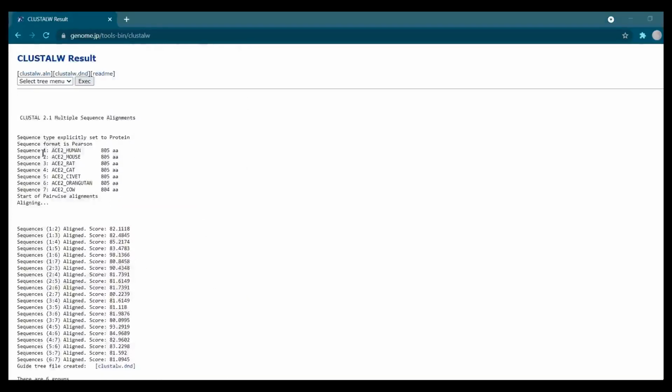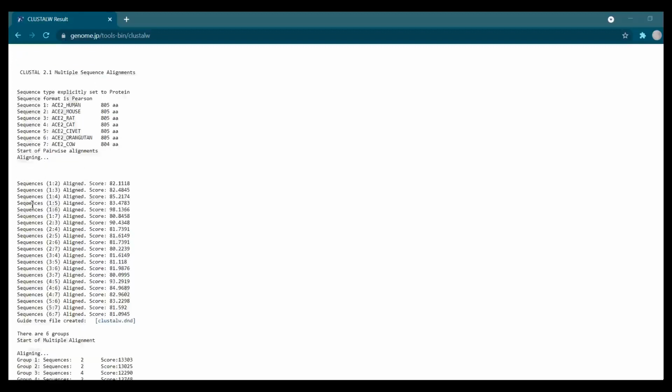In the first section, you can see the sequences are numbered, and the sequences are all of the same length except the last one, which is one amino acid less than the others. The pairwise alignment is given indicating their numbers here. Based on this pairwise alignment, the guide tree is built.